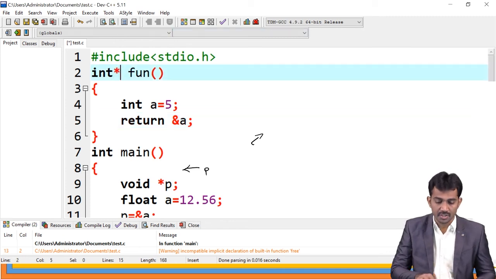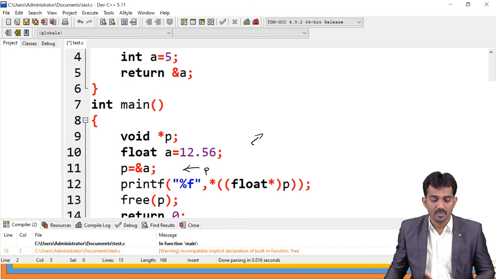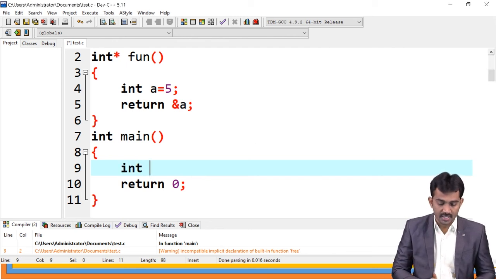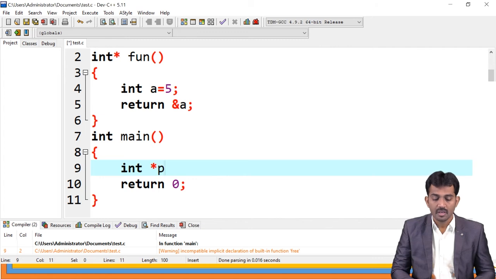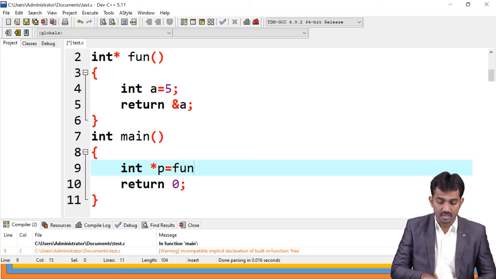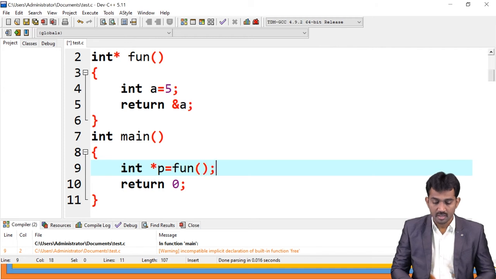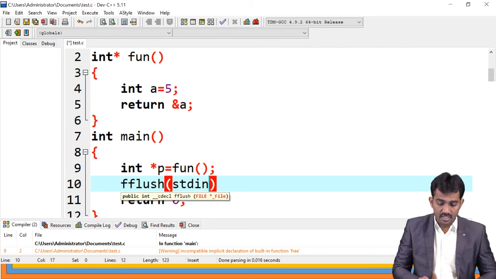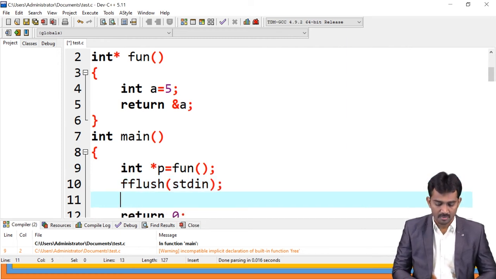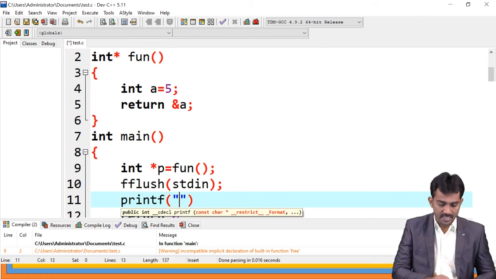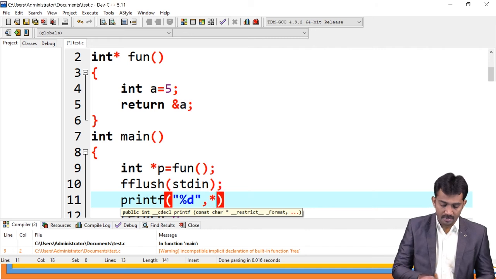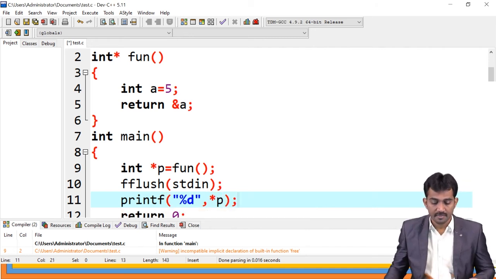So when I use the address, I should use star here. After this, observe carefully. Here I'm going to take one int star p equal to function. So this is the function. We're going to clear the memory. If you use %d, comma, star p, see what output you are going to get here.